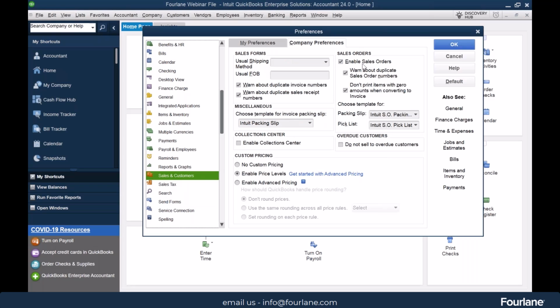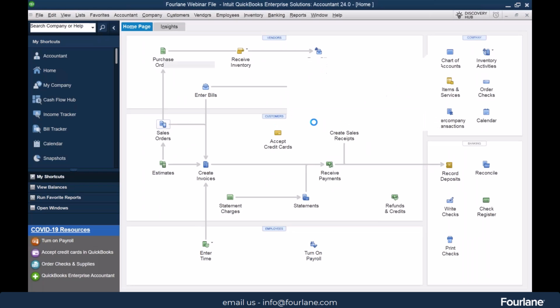Now this is where we have sales orders turned on, but I wanted to make sure to show everyone there is a place in here that you pick your default template that is going to show up for a packing slip and a pick list. So we have one default. You don't get to choose when you're on a sales order. So I'm just going to leave those two as the defaults for right now. When we're on a sales order